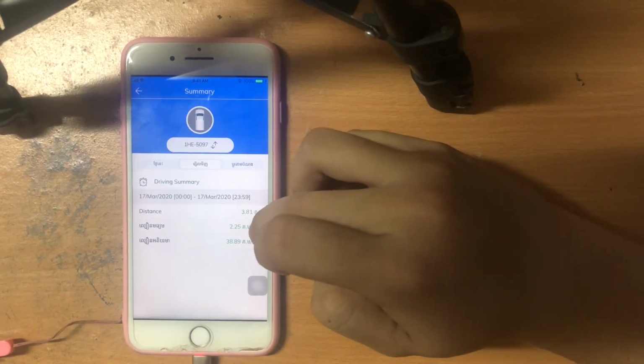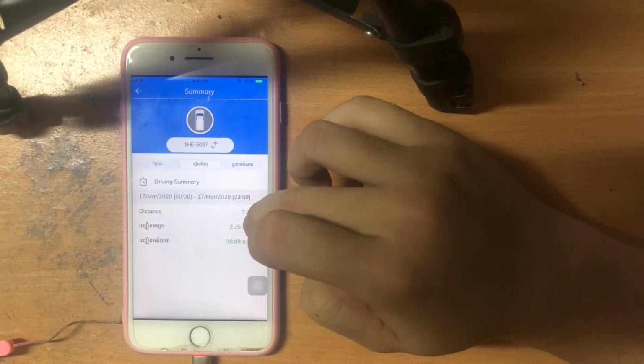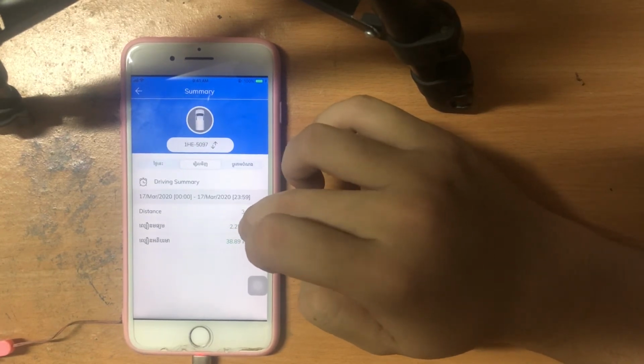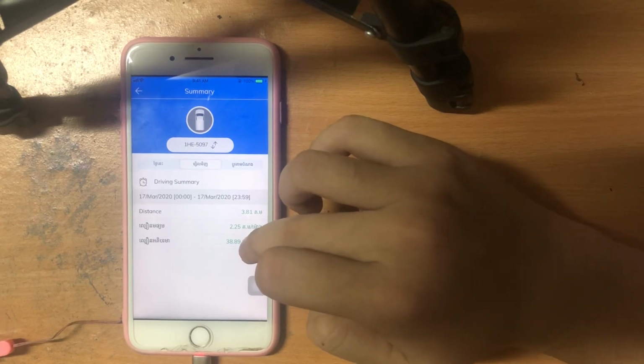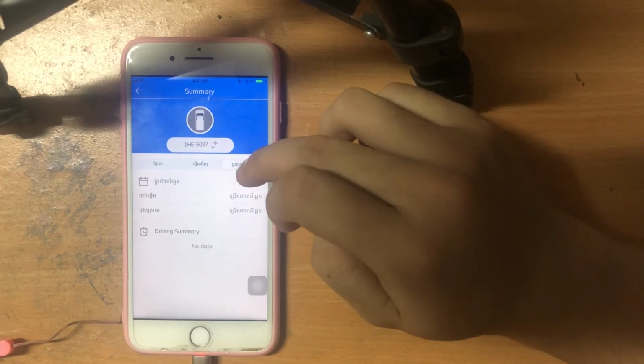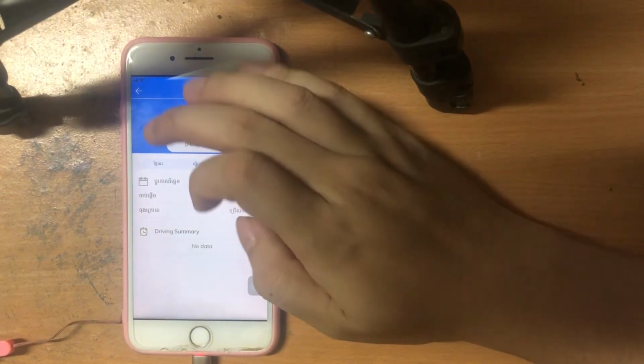For the average speed I only drove 2.25 kilometers per hour, and for the maximum speed I drove 8.89 kilometers per hour. And here we can also pick the date. Okay,